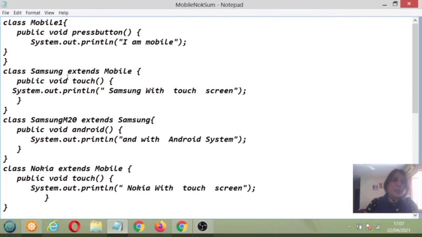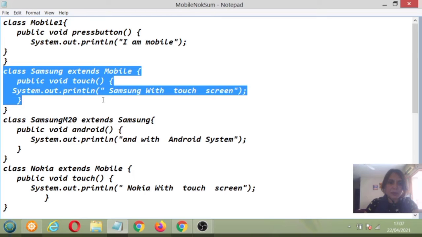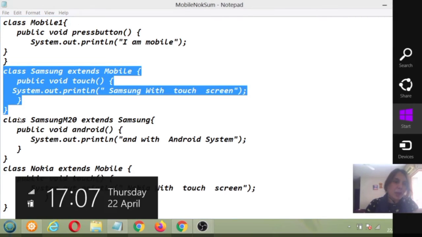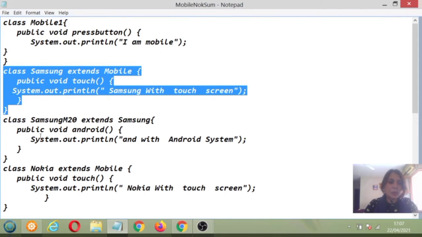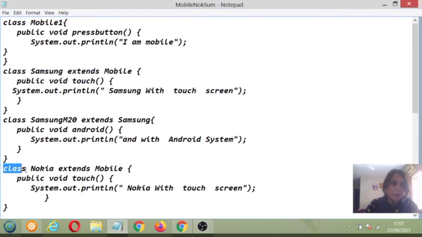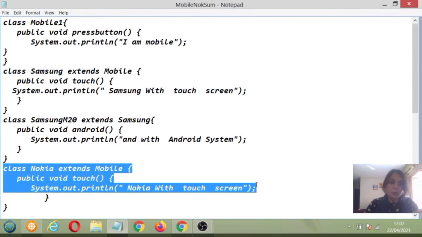It has been extended by Samsung, and also it has been extended by Nokia also. Means Nokia mobile and the Samsung mobile belong to the same parent. They both have the same parent.